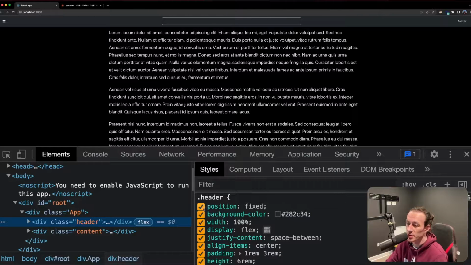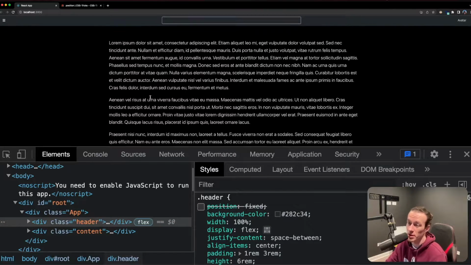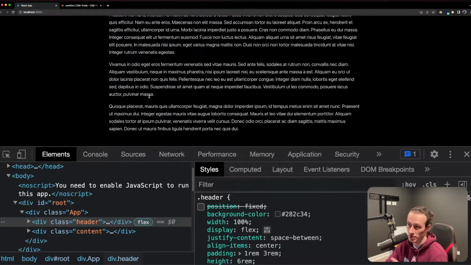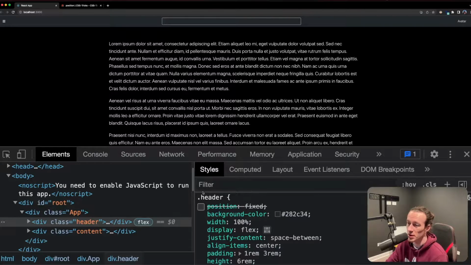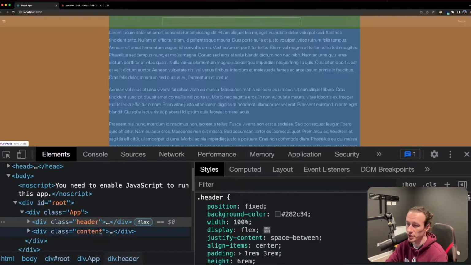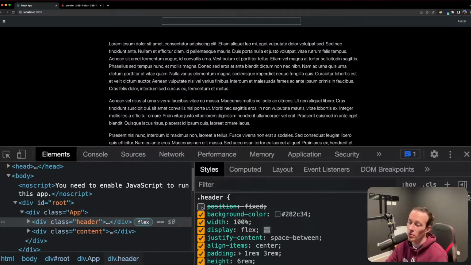Now, when I get rid of the position fixed, you can see that a couple of things changed. First, when I scroll, the header also moves with the whole document. But also, as you can see here, there's this shift. The content here moves down a little bit. Why does that happen? It happens because position fixed removes the element from the flow of